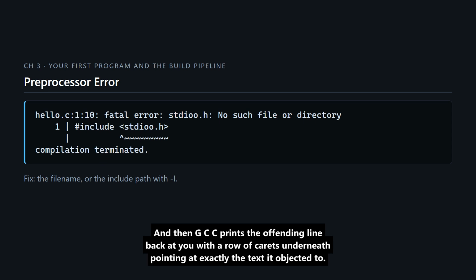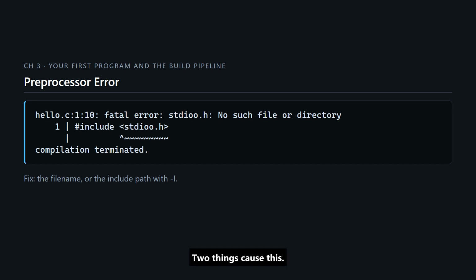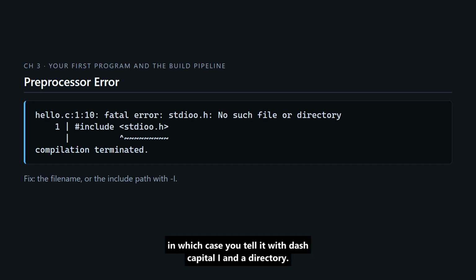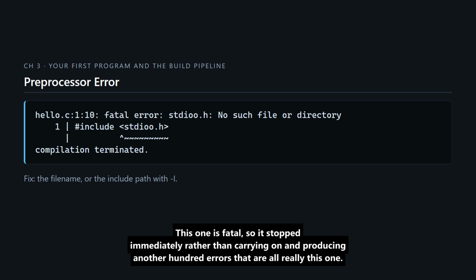And then GCC prints the offending line back at you with a row of carets underneath pointing at exactly the text it objected to. 2 things cause this. Either you have mistyped the file name, which is what happened here, or the header genuinely exists but the compiler does not know where to look. In which case you tell it with -I and a directory. And note the last line, compilation terminated. This one is fatal, so it stopped immediately rather than carrying on and producing another 100 errors that are all